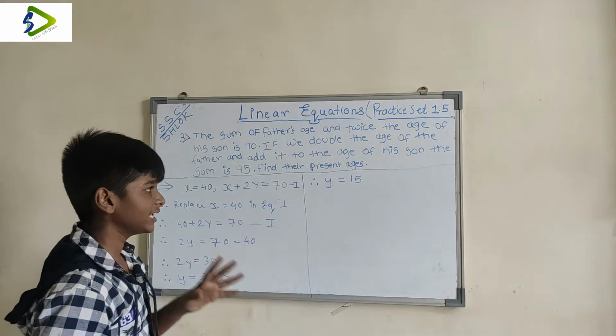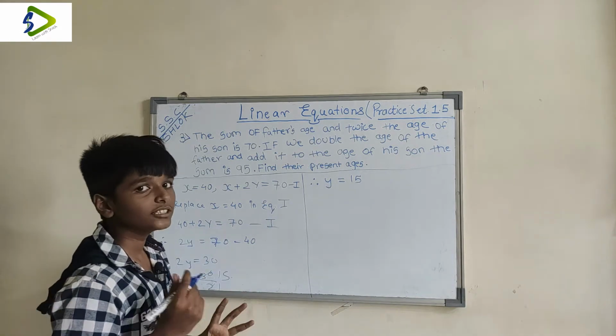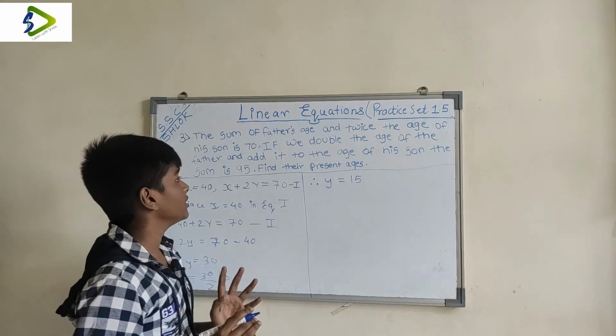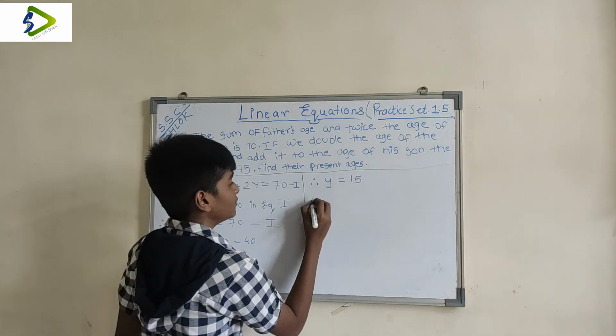Now many people again forget what the question was. They just say the value of x is 40 and the value of y is 15, but you must not write it like that. You must write it as